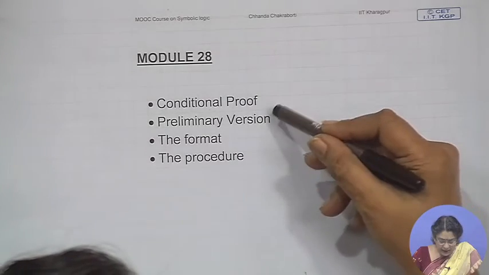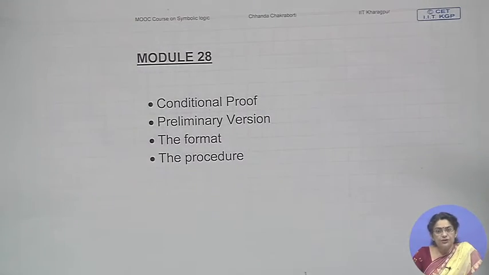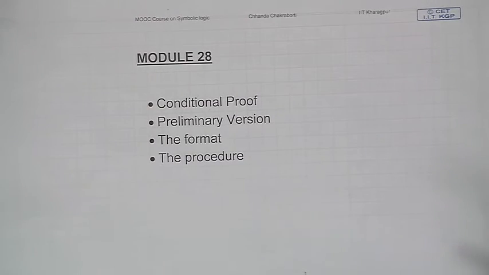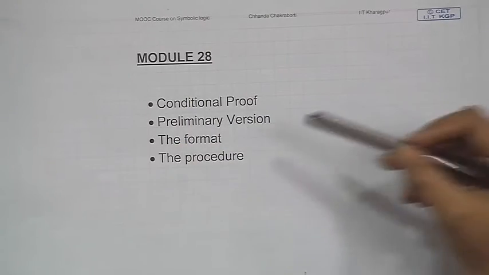Except that I'll mention that the conditional proof, or CP, has more than one version, and today we are going to look only into the preliminary version, which is the elementary one, and there will be an advanced or strengthened version that we will take up in the next module. Currently, because we are getting acquainted with the proof procedures, we will start with